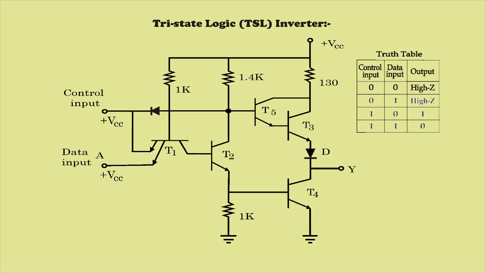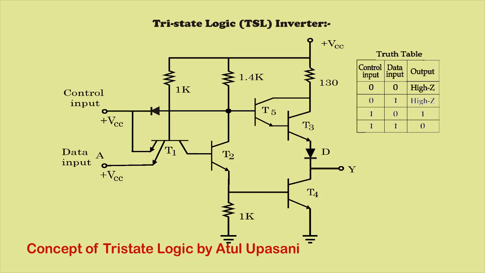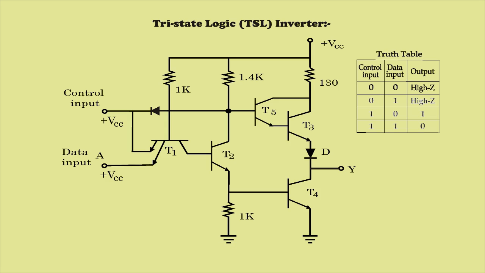So all the current is flowing to the emitter, and that same current is flowing through the 1 kilo ohm resistor, and it will drop the voltage at this resistor. This resistor is parallelly connected to the base of transistor T4. So the voltage is directly connected to the base of transistor T4, due to which transistor T4 will have a voltage high enough to turn it on. So right now T4 is on.